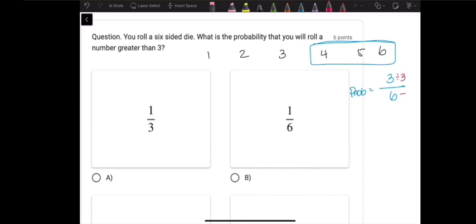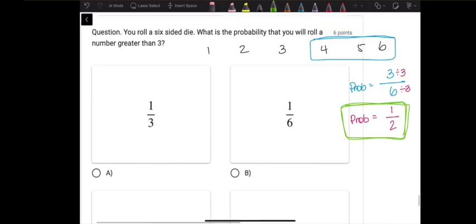We simplify our answer by dividing both the top and bottom by 3, and the probability here will be equal to 3 divided by 3 is 1 over 6 divided by 3 is 2. So your probability of rolling a number that is greater than 3 is going to be 1 over 2, which